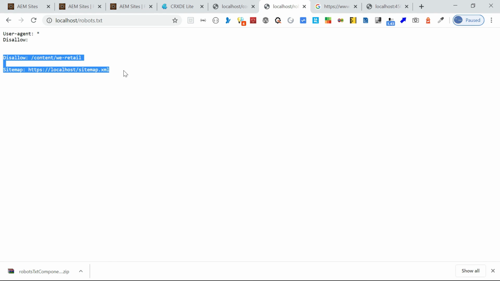That's all for today. Here we have seen how we can create and configure a robots.txt in AEM with a flexible approach, so that you can have a global robots.txt and a site specific one, and merge the content at runtime. Also you can enable the authoring capability to configure the robots.txt.